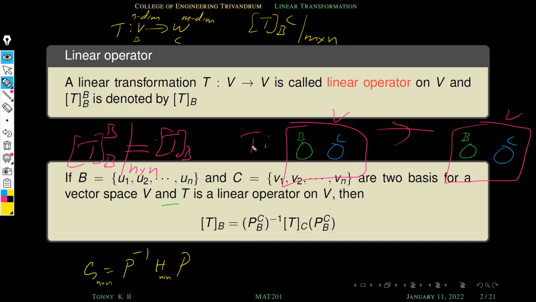If T has two matrix representations, then there is a relation like this. The converse question is, suppose two matrices satisfy this relation, does there exist a linear transformation T such that